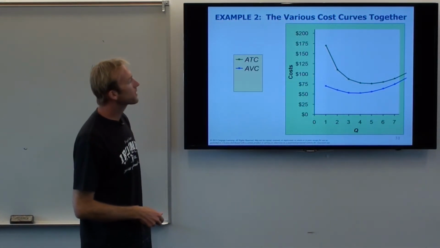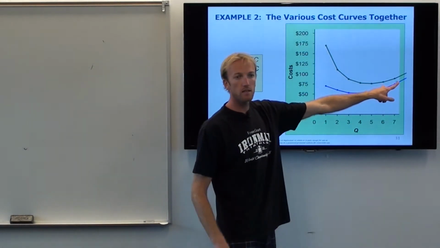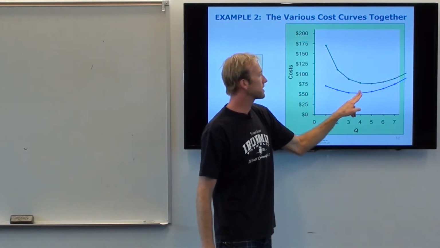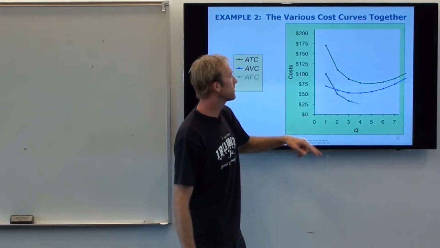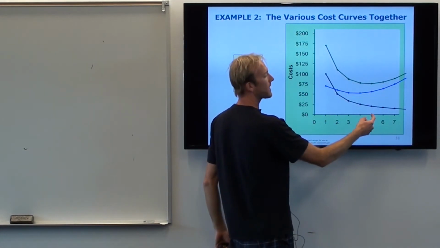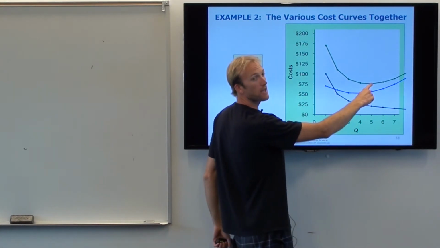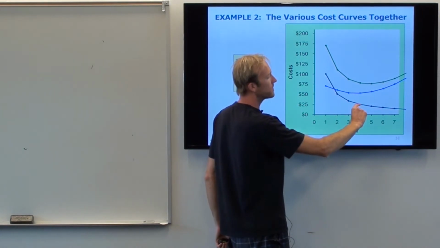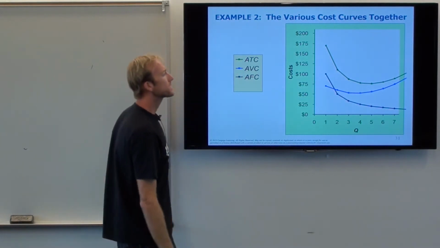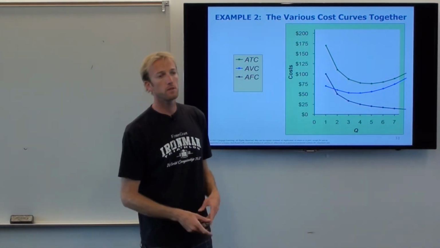If I put them all on the curve together, you'll see ATC goes here, AVC goes here, which now you can see why the ATC starts curving up, because it's composed of the AVC and the AFC. So if you just add these two curves up, basically if you add the height of this plus the height of that, these two heights right here, you'll get this guy, right? And if you add the height of this plus the height of that, you'll get that guy. Okay. Something else to note if you want to draw these properly, which I think is extremely helpful when you're doing these problems,